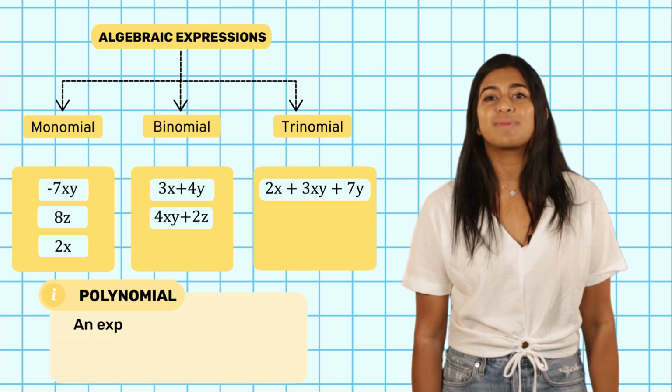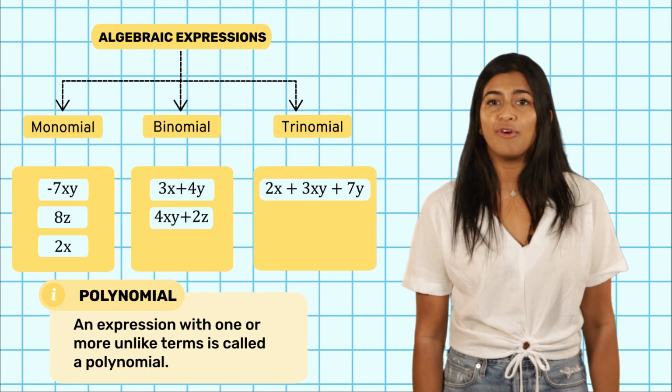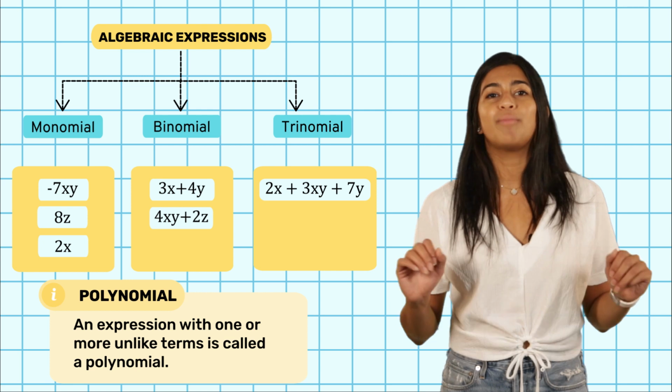In general, an expression with one or more unlike terms is called a polynomial. Therefore, a monomial, binomial, and trinomial are all polynomials. Phew, that's a lot,